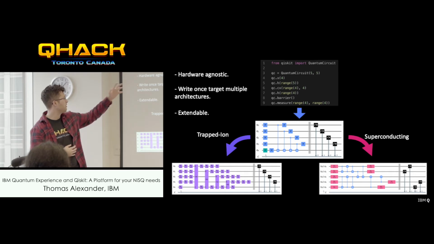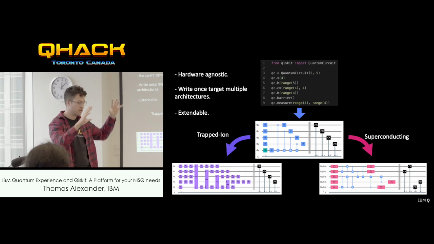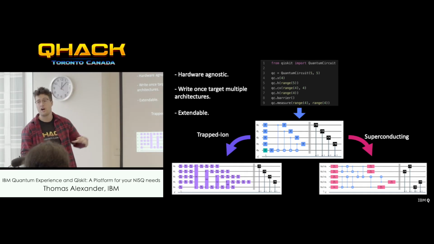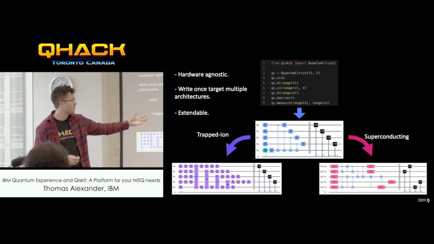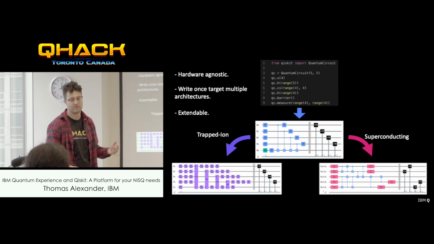So you're able to define a circuit in the gate model that might use gates that are non-native to your device and maybe that don't follow the connectivity schemes of the system you're targeting. And then these are going to be compiled to the native gate sets of whatever hardware you're looking at, such as a trapped ion system that might use the Mølmer-Sørensen gate, or a superconducting system that maybe uses the CNOT gate.